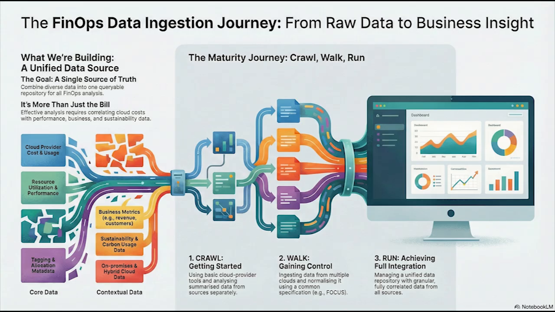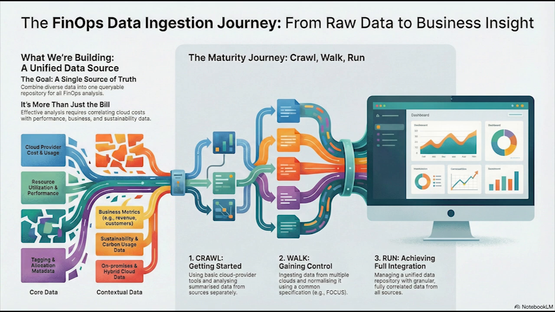And once it's built? Communication is everything. You report your ingestion metrics to the teams that depend on the data, like unit economics, and you give clear guidance to everyone on how to access it, and you set honest expectations for its quality and availability. So we know the parts and the principles. Let's talk about how this evolves. The maturity journey, crawl, walk, run, gives everyone a clear path.